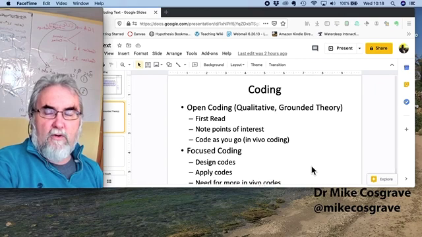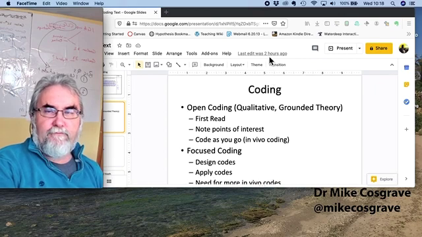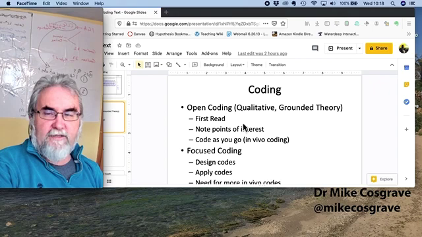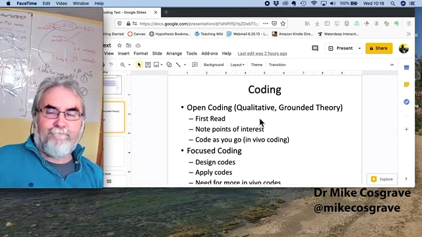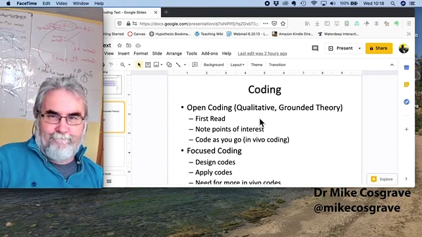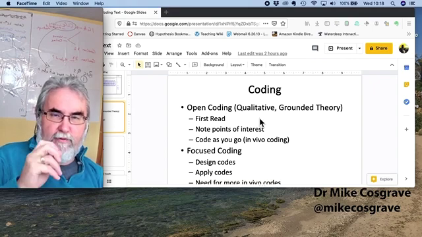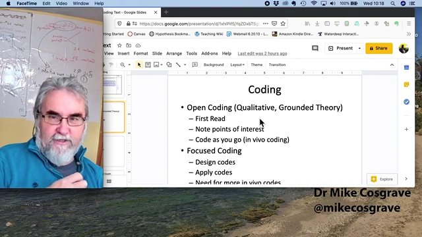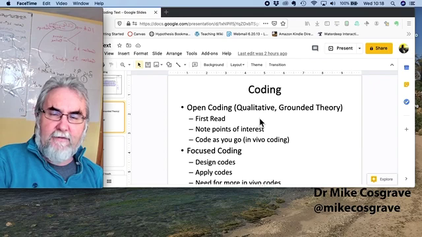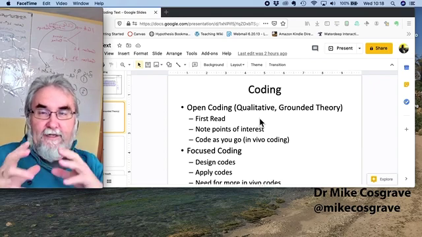What happens with coding is there's a number of levels or processes in coding. First of all, you have the document and you do a first read through it. And you do open coding. So you note points of interest and you code as you go. As you note things you make up, you see what is emerging from the data, which is the classic grounded theory method of working. And from that you identify the topics or themes that you're going to code,